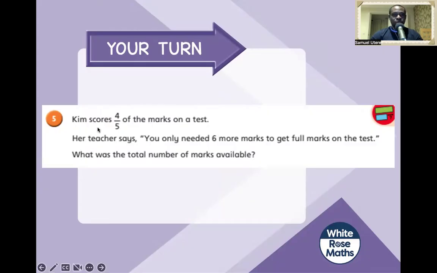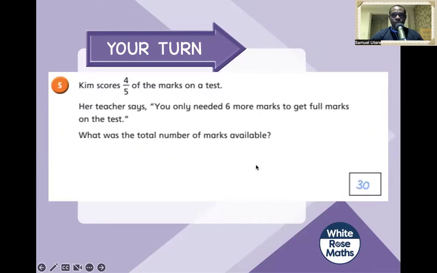So here, Kim scores 4/5 of the marks on a test. Her teacher says you only needed 6 more marks to get full marks on the test. What was the total number of marks available? Total number of marks was 30. Okay, so how do we do this? So if Kim scores 4/5 of the marks on a test,